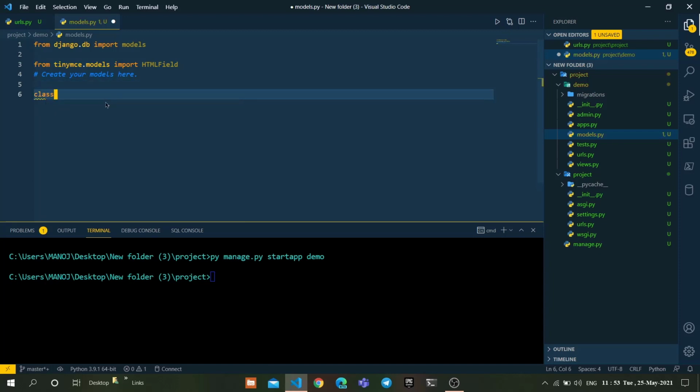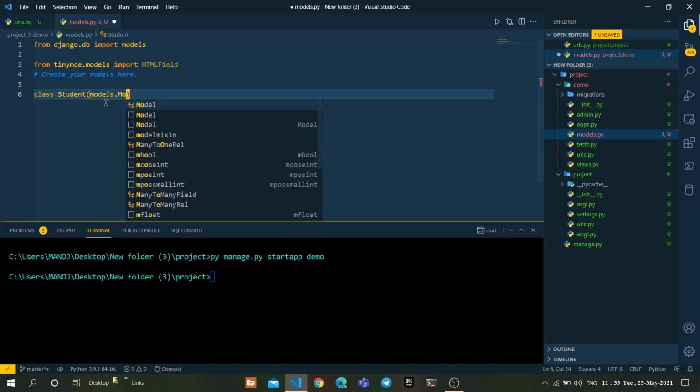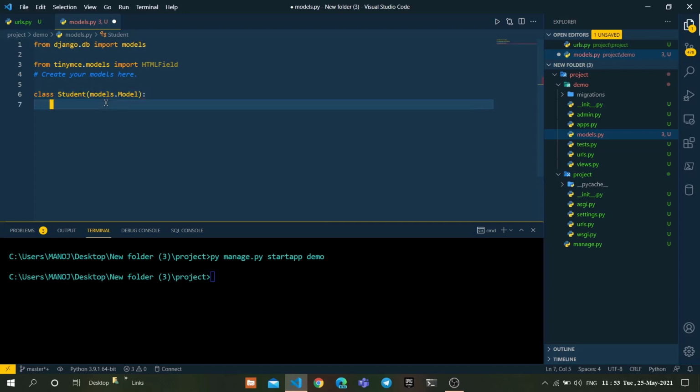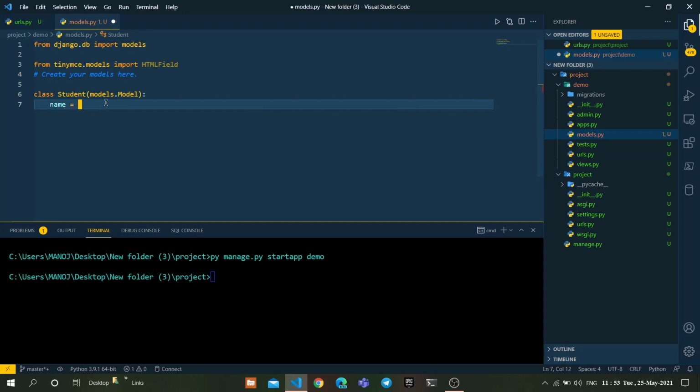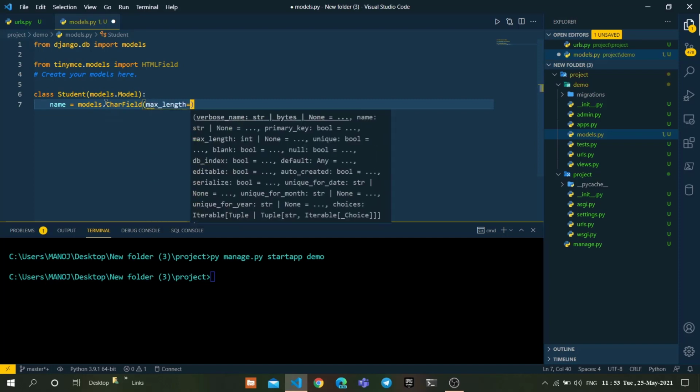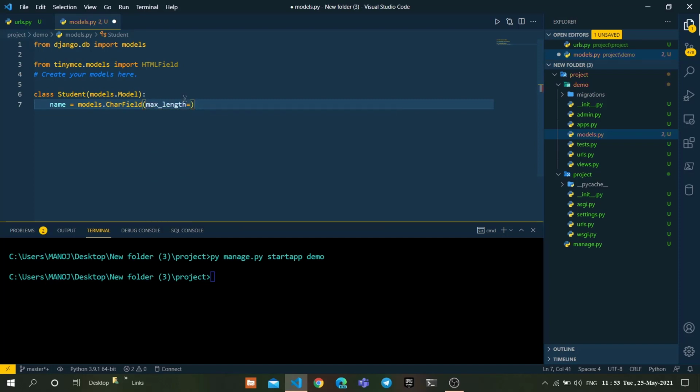Again, create a new class Student of models.Model. Here I'm going to create a new field: name equal to models.CharField of max_length 200.